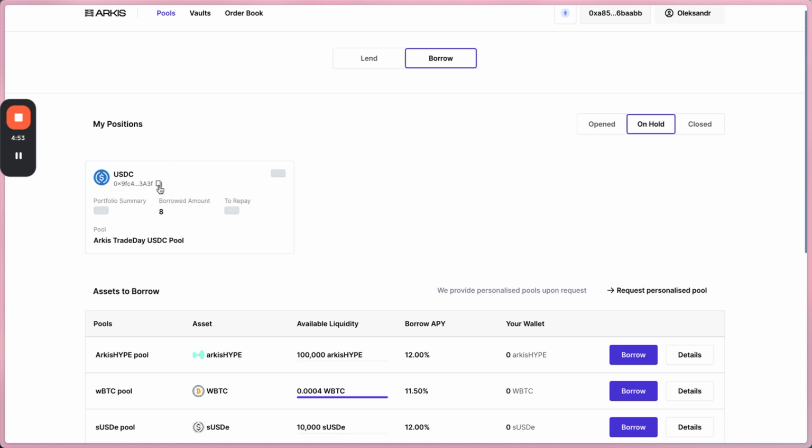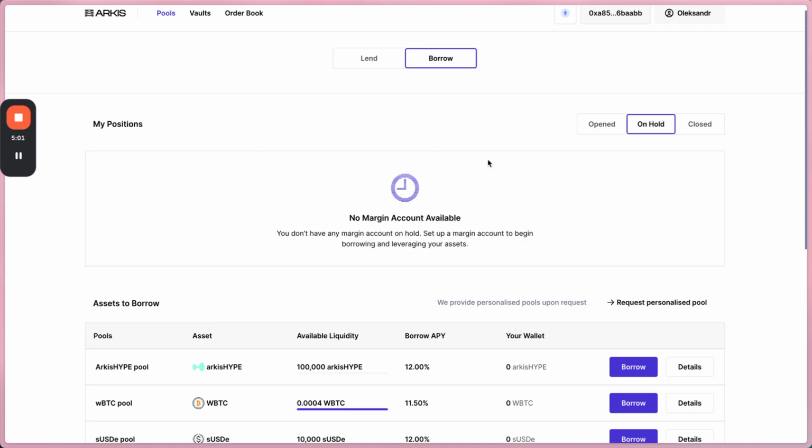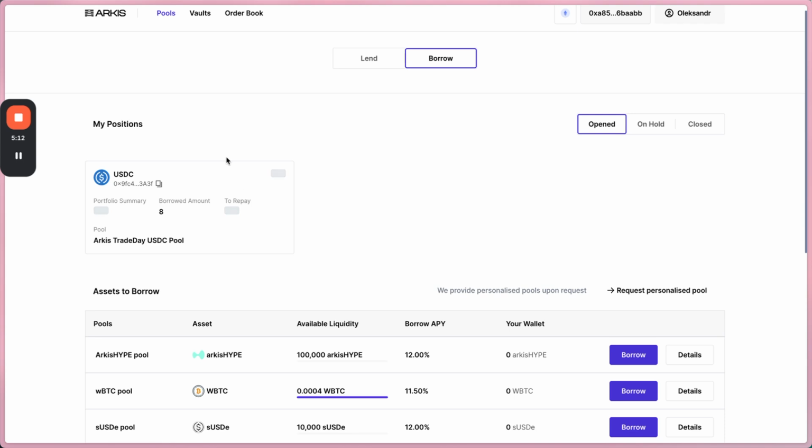As you can see, there is a margin account which is on hold and has the address. On hold is the status of the margin account which is already registered. We can see the borrowed amount, but it means that it is in the process of being allocated and used by the user. As you can see now, there are no accounts on hold because we already have a newly